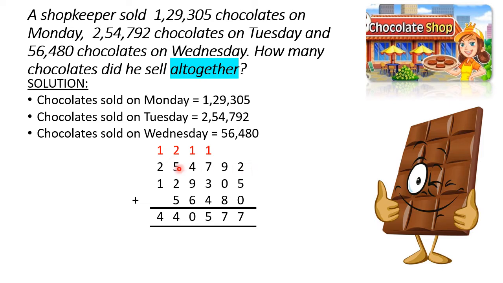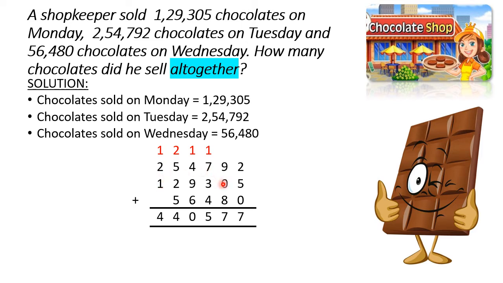So students, we have written number 1, number 2 and number 3 in the vertical form for addition. Make sure that all the digits should be placed in their columns correctly. Like 2, 5 and 0 in the ones column. And in the tens column we have 9, 0 and 8. In the hundreds column we have 7, 3 and 4. In the thousands column we have 4, 9 and 6. In the 10,000s column we have 5, 2 and 5. And in the lakhs column we have 2 and 1.